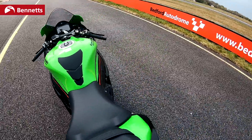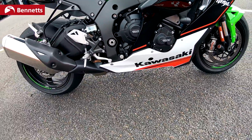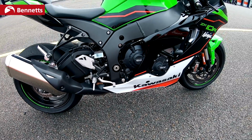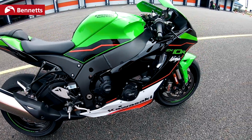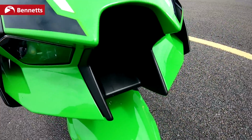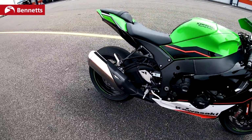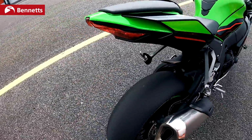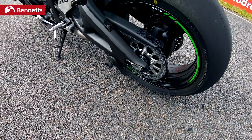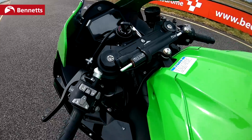Then the full exhaust system's been revised, so they've revised header pipes, and they've repositioned the cat so it gets warmer faster apparently. They've got the oil cooler, so it's air cooled, that's new. Got that ram air effect with the big hole in the fairing there. Gearing's changed. Got a larger rear sprocket, up from 39 to 41 teeth. They've changed the gear ratios, first, second, third, to shorter, so they improve acceleration. That's always been the ZX-10's downfall really on the roads. Got a new screen,